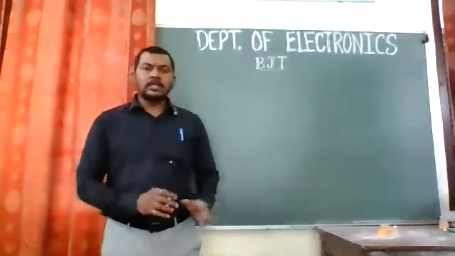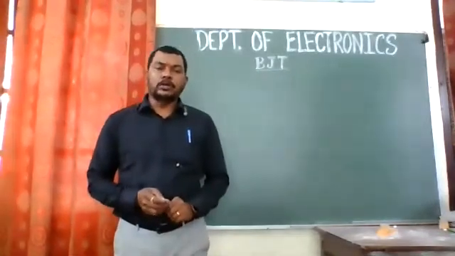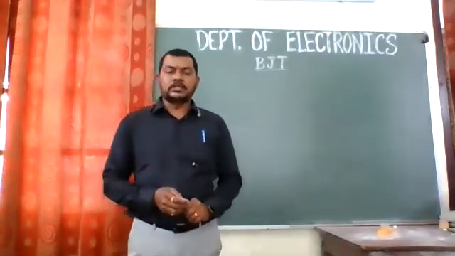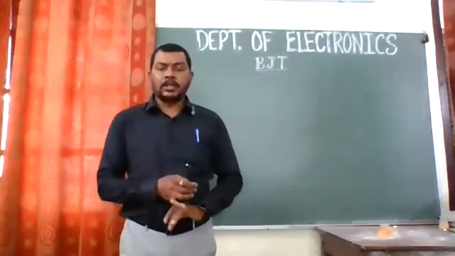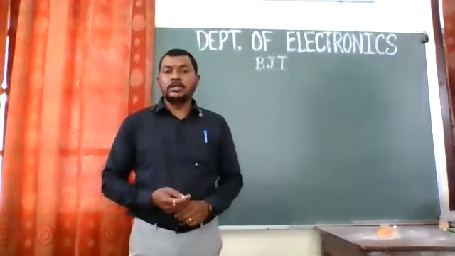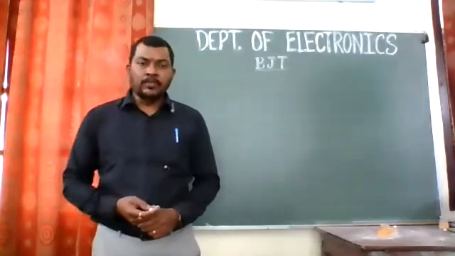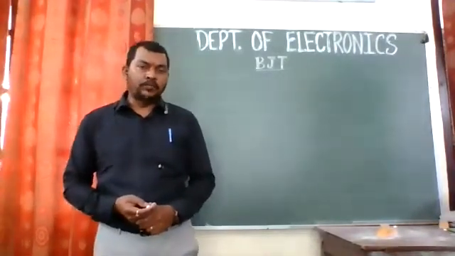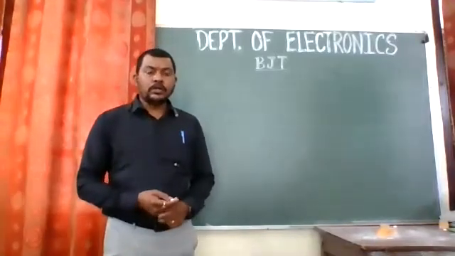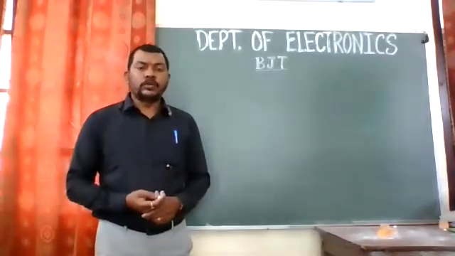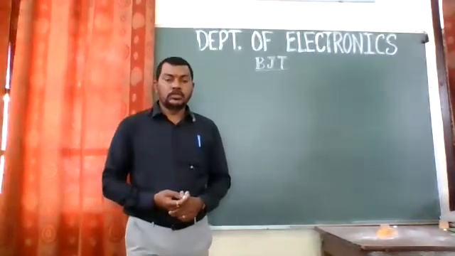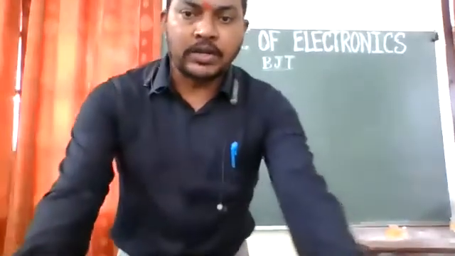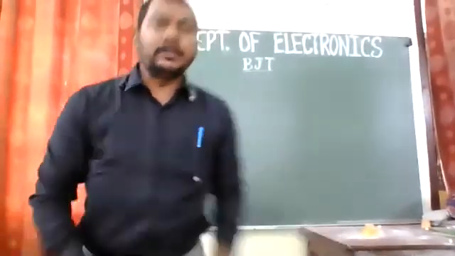Today, we are going to study about the BJT, that is bipolar junction transistor. In my last lectures, I have almost completed diodes, semiconductors, PN junction diode, intrinsic, extrinsic semiconductor, P-type, N-type material. So I've completed all. Then we have studied Zener diode, and at the end we have completed LEDs, light emitting diode. So today we are going to continue with the next unit, that is unit two of semester two RTM in the syllabus, in which I am expecting to complete the transistor portion of it. So let us begin with that.